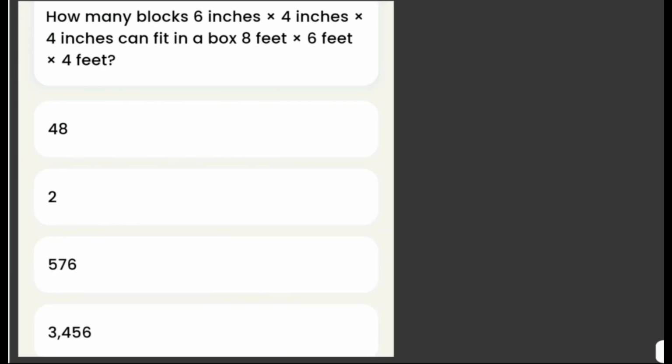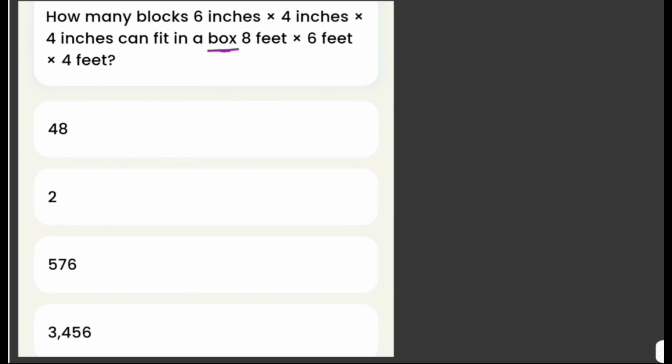How many blocks 6 inches by 4 inches by 4 inches can fit in a box 8 feet by 6 feet by 4 feet? Now, to solve this problem, notice here that it stated different dimensions. So we need to convert the dimensions of this box